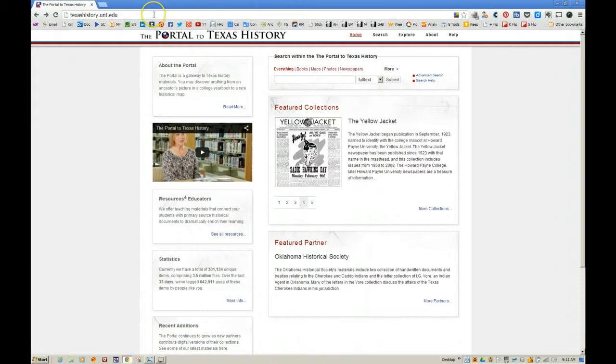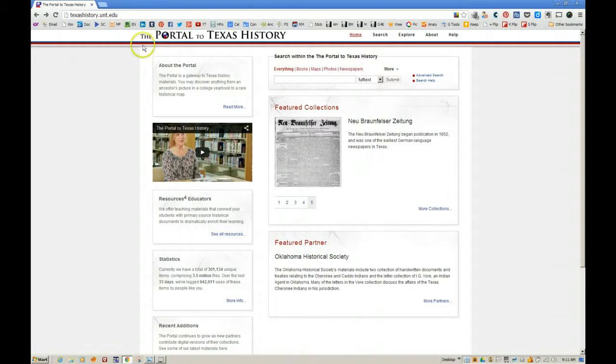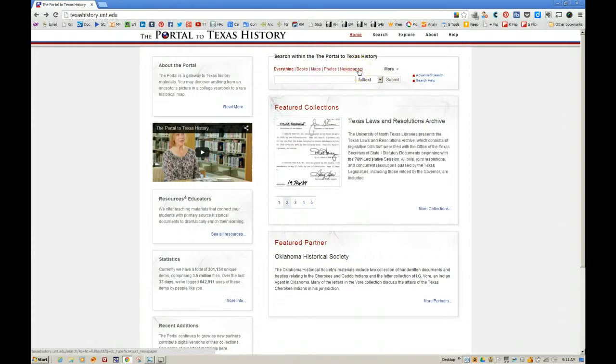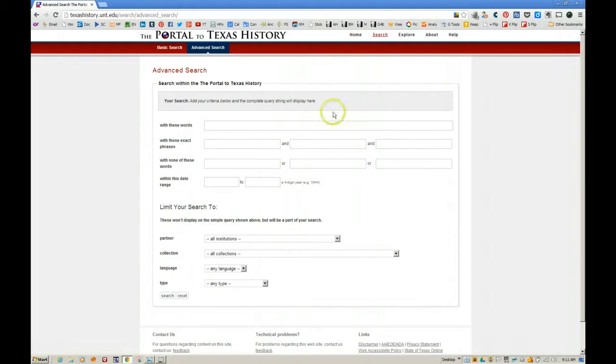The URL is quite simple, texashistory.unt.edu. Again, it is the Portal to Texas History. We do have the ability to do a simple search here at the top: everything, books, maps, photos, and newspapers, but we're going to try and do an advanced search. First, we're going to click on newspapers and then go to advanced search. And let's look at the advanced search